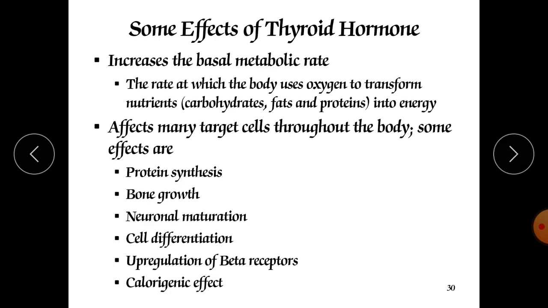Now these are some effects of thyroid hormone that we should know. It is very, very important in digestion and metabolism. It maintains our basal metabolic rate. Whatever food we are eating, how fast we digest and metabolize it depends completely on our thyroid level. If you have a good thyroid level, you can digest any food at a very fast rate. And if you have a low thyroid level in your body, definitely your rate of digestion and metabolism is going to be affected.